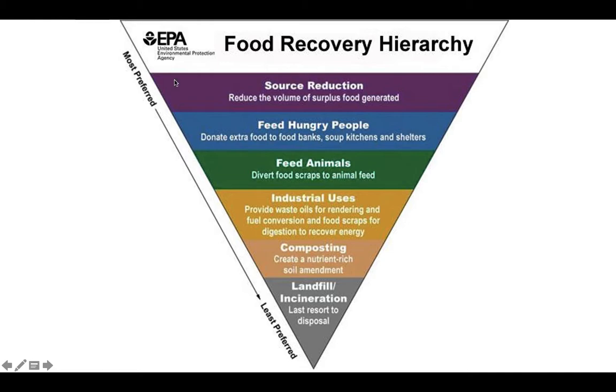Again, though, if we look at this hierarchy of food recovery, composting is towards the bottom. Throwing out food is the worst, and composting is the second worst. Ultimately, what we want to do is reduce the amount of food that we're wasting in the first place. And then with any food waste that we have, feed hungry people. And anything we can't feed to hungry people, feed to animals. Then use it to make things like biofuels or energy recovery, burning food scraps. Right? Composting should be a last resort. But again, it's better than the landfill. So keep that in mind.